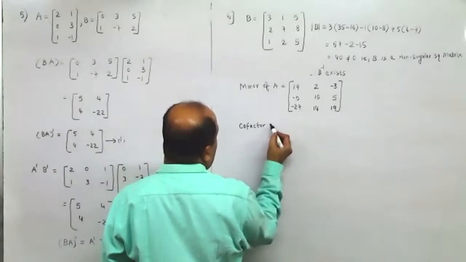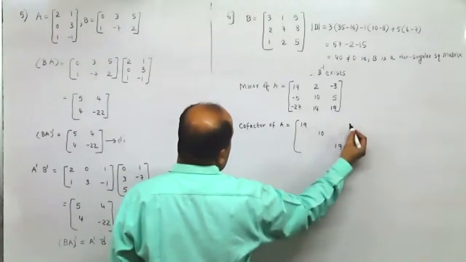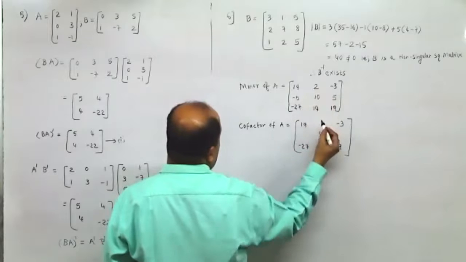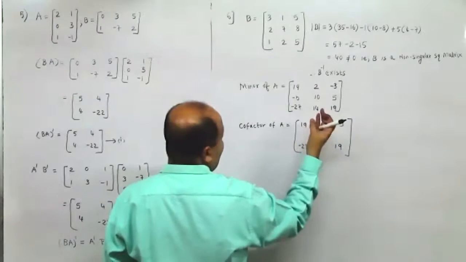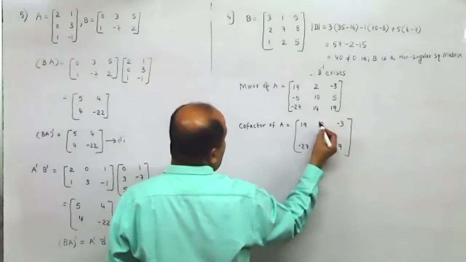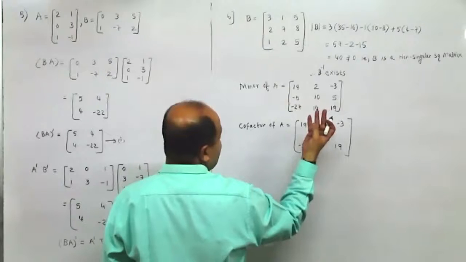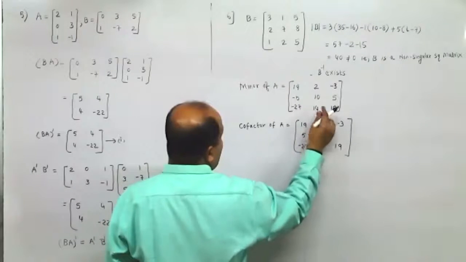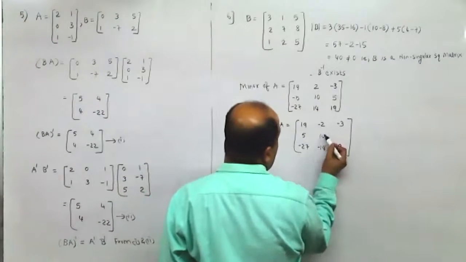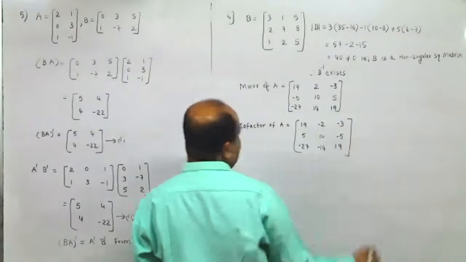Then next is cofactor of A. To find cofactor, these elements will have the same sign. Now we'll have to change the sign of these 4 elements. Why? Because this is first row, second column. 1 plus 2 is 3, odd power, and therefore the sign changes. This one is 2 plus 1, 3. Second row, first column. 2 plus 1, 3. Odd power. So 5. This one, third row, second column. Odd power. So minus 14. Then second row, third column. 2 plus 3, 5. This is cofactor.